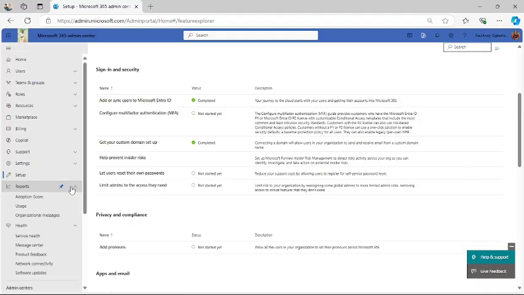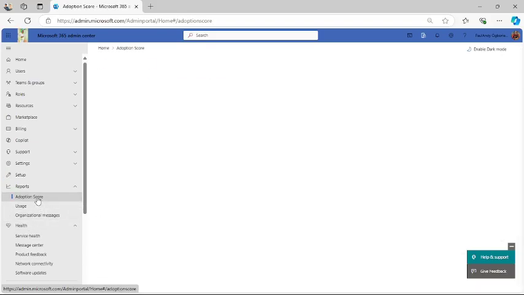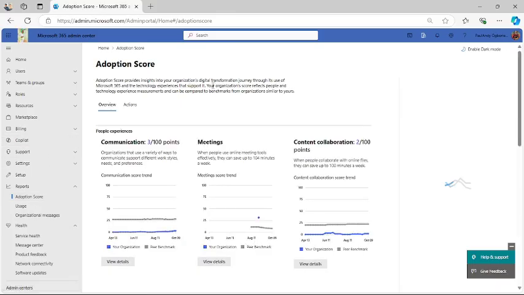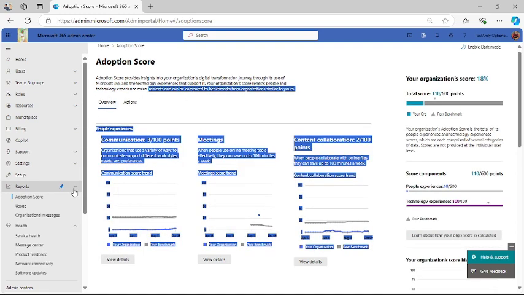Then we have reports. Reports are details of reports on email usage, Microsoft 365 activation, and a whole lot of them. We have the adoption score. The adoption score provides insight into your organization's digital transformation journey through its use of Microsoft 365. You have the reports, adoption score, usage, organizational messages, and